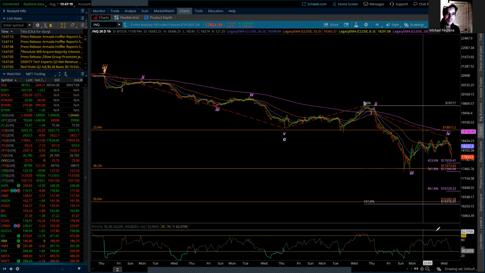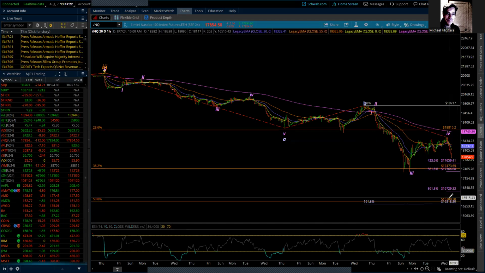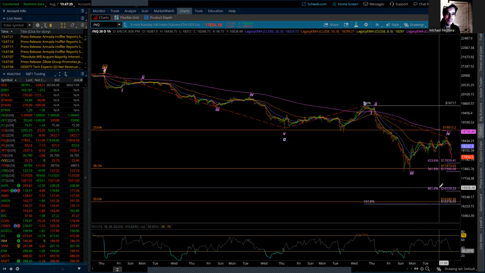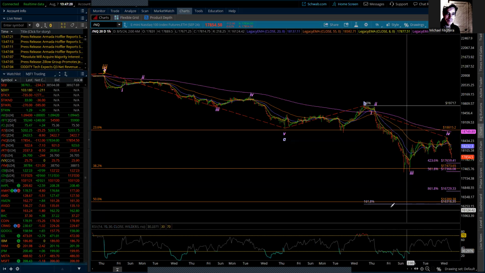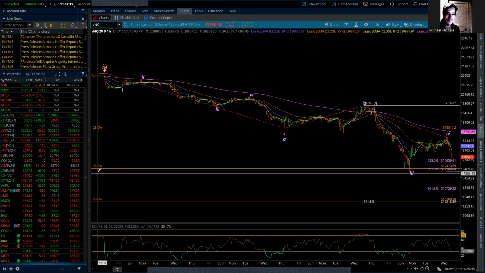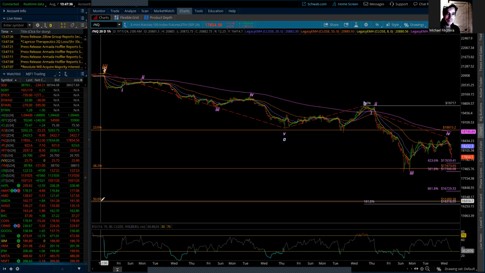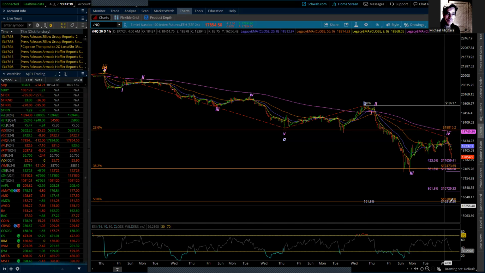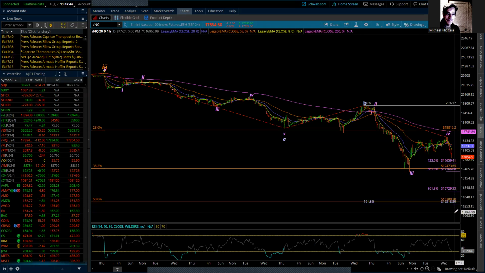So I have a pretty decent cluster, and I think this could help put some brakes on. It doesn't break any rules coming down to the 50. 382 is most common. 50 is second. Now, what would be challenging is if this thing came slicing down through all of this without stopping. But we have that. We've been talked about it. So trust me, it's going to be risk off.